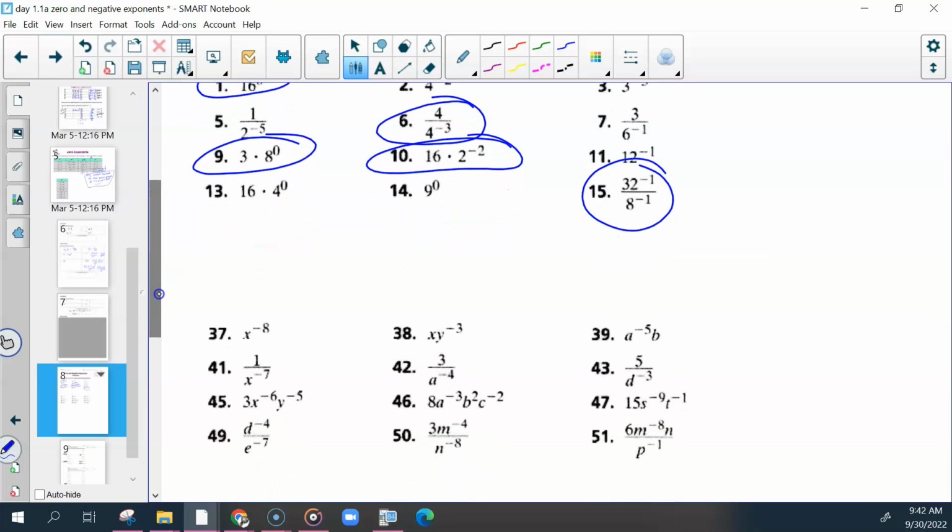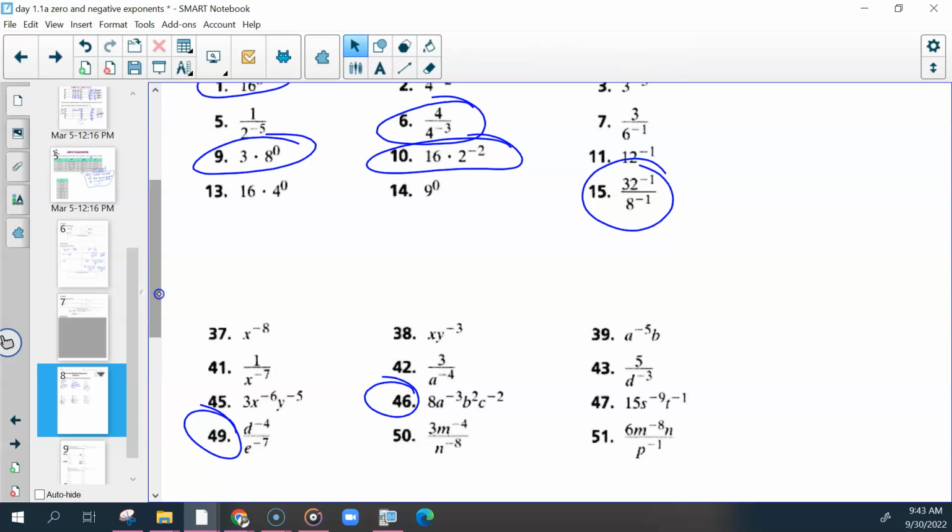So from the top section. 1, 6, 9, 10, 15. 46. 49. Okay, so try those. I'll be around if you have questions, need me to check it. If you finish before 53, I can